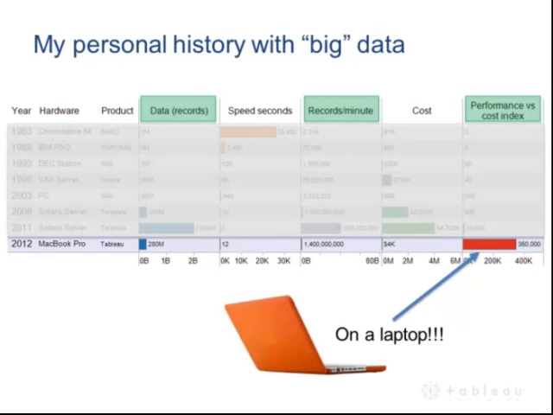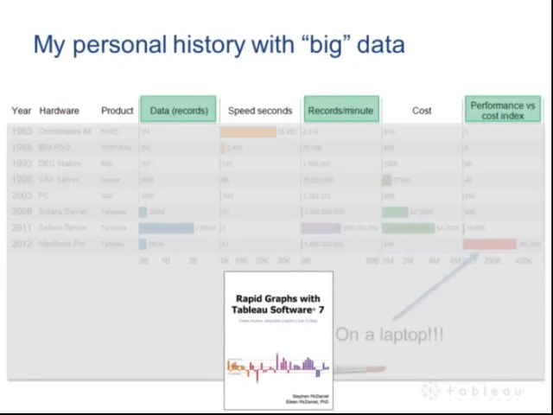I mean, I'm here on Tableau today. I'm going to show that in part 3, as well as in part 2, dealing with a few hundred million records in a matter of 10, 20 seconds at a time on a $4,000 system, an incredible index of 350,000, right, where I was back at 3 and 9 and 50 and 100 and 500 with these earlier systems. Just a massive improvement in how quickly I can ask questions of the data and actually find insights that can actually change your business. Now, I've also written other books with my wife, this one, Rapid Graphs with Tableau.